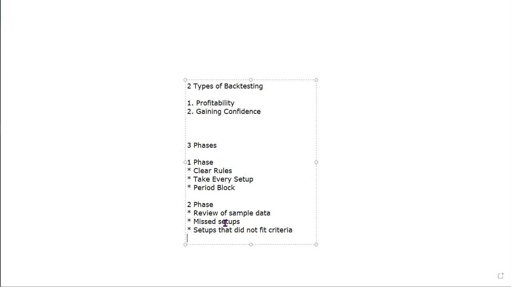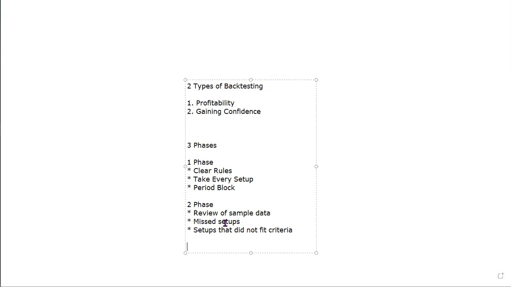Perhaps maybe you're losing on a specific pair at a specific time of day. Perhaps it is that you're losing on a specific setup that you're taking on a specific time frame. Perhaps it is that you're losing because you're looking at a specific candlestick in the wrong way, right? When you start to put together this information and even journal these trades as well that you're taking, maybe with